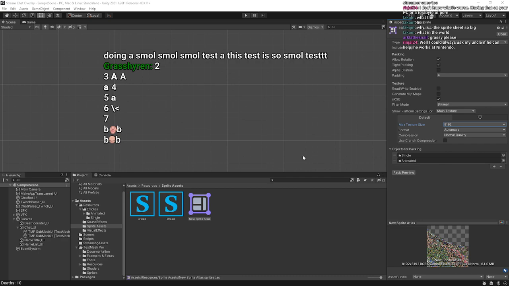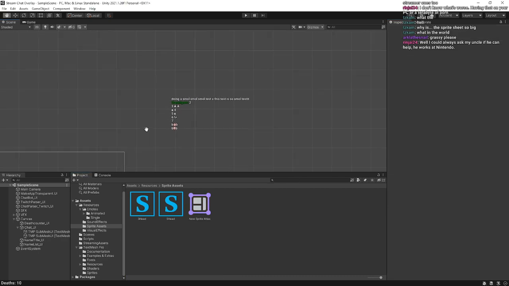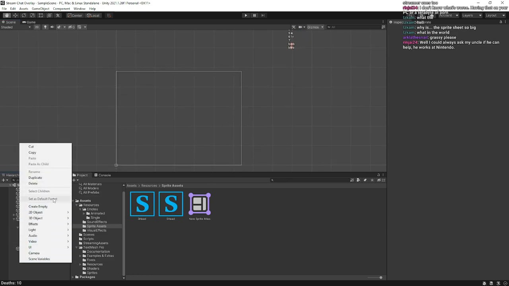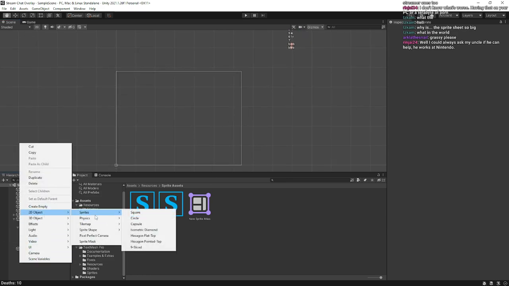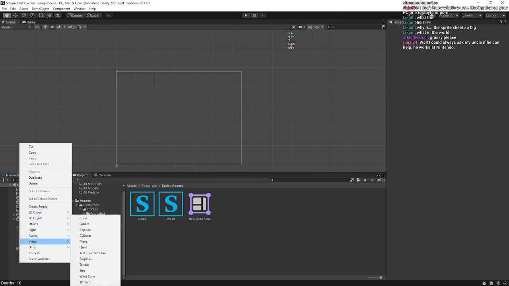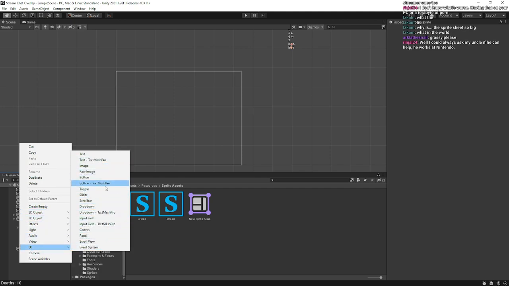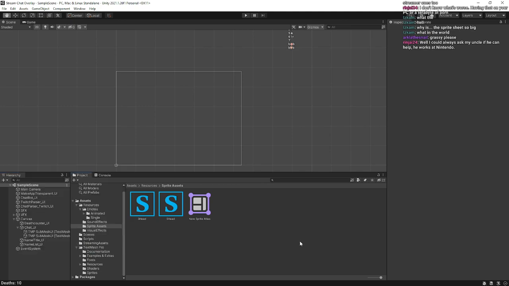So that's currently all this. Now there are other methods of rendering text. It's like GUI. I don't know, I'd have to look it up again. It's like GUI box or some shenanigans like that. There are other ways to render text on the screen, and I may have to look into those over this,